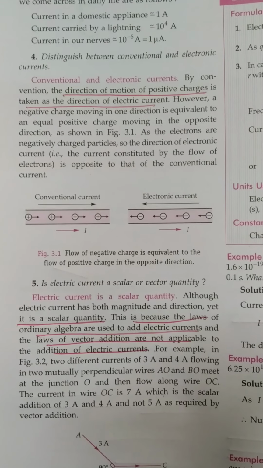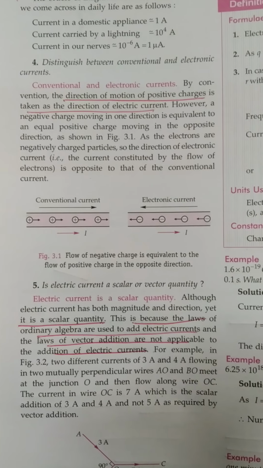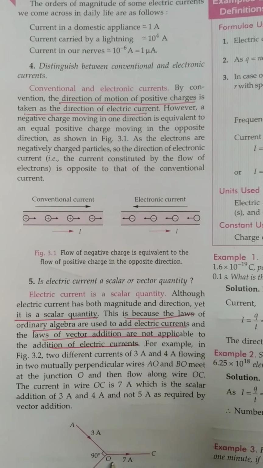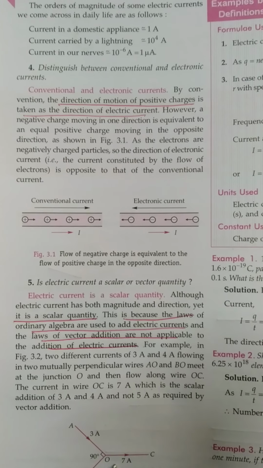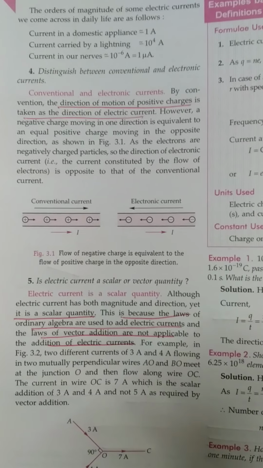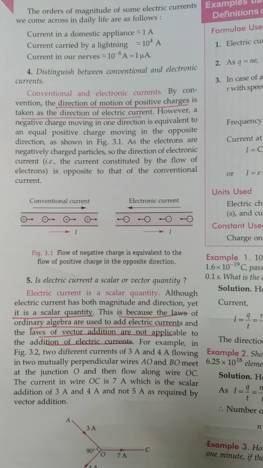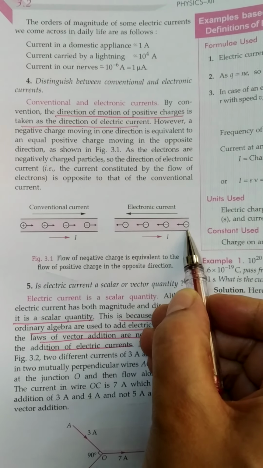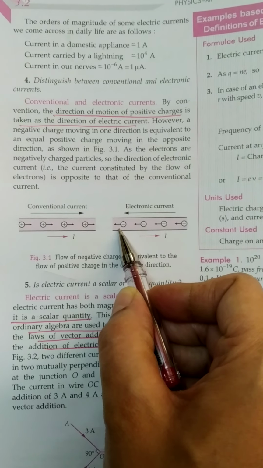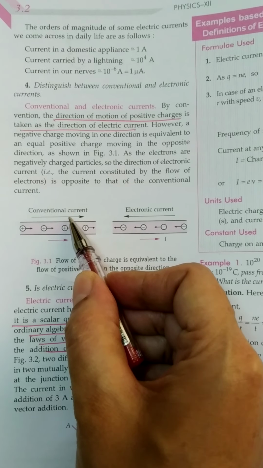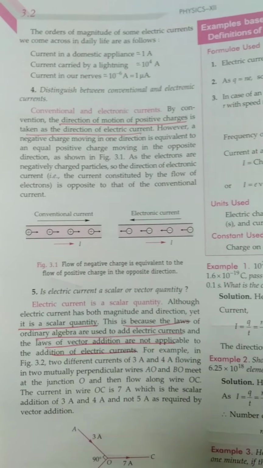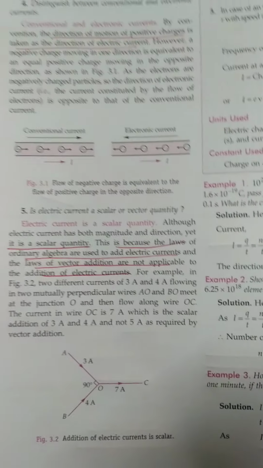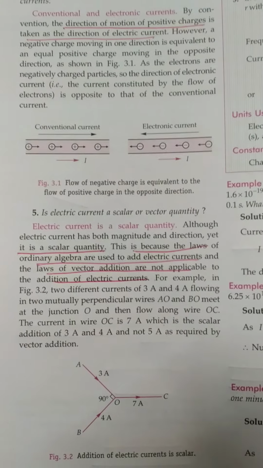Next is the direction of the current. By convention, the direction of positive charge is taken as the direction of current. Means the current flows from positive terminal to negative terminal, but the electrons flow from negative to positive. The conventional current direction is opposite to the direction of electronic current, but electric current is considered as a scalar